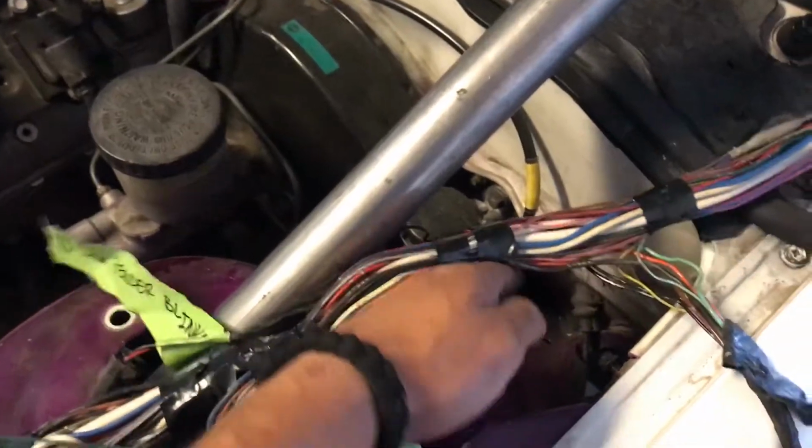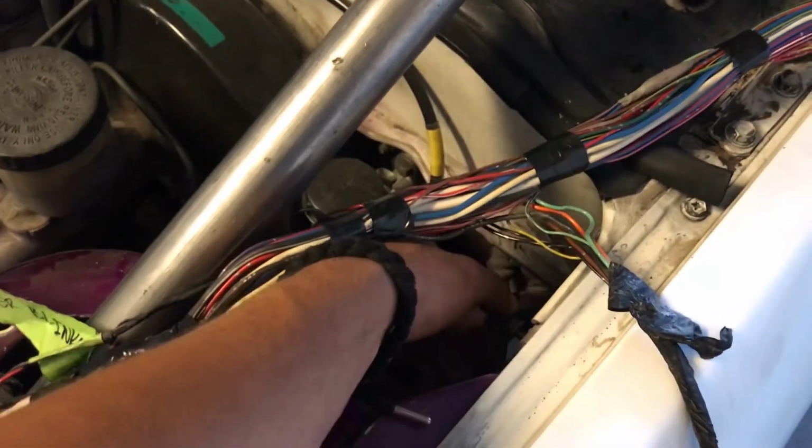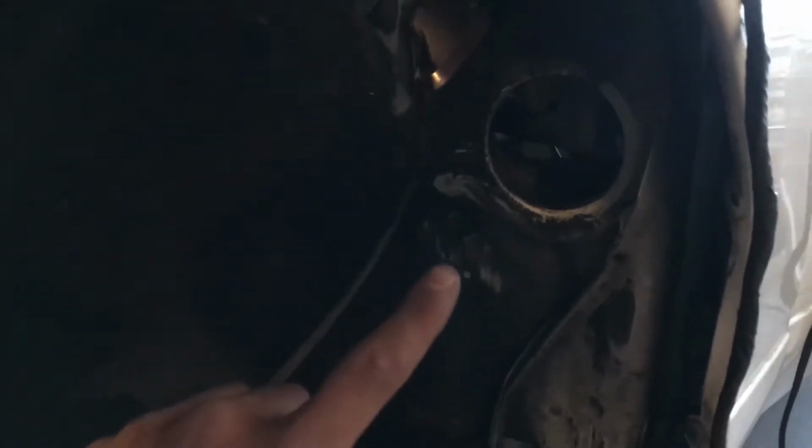You're going to have a green unit chilling right here. You're going to have to disconnect that, and then you're going to feed it through that hole. Now, when you start feeding it,